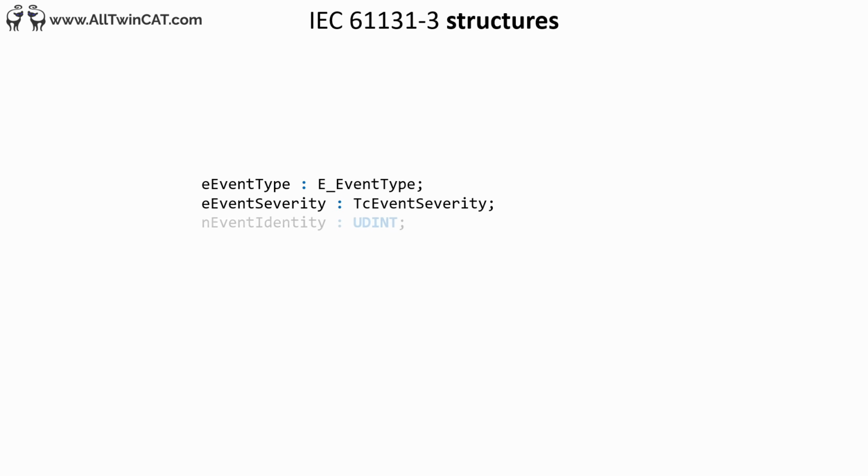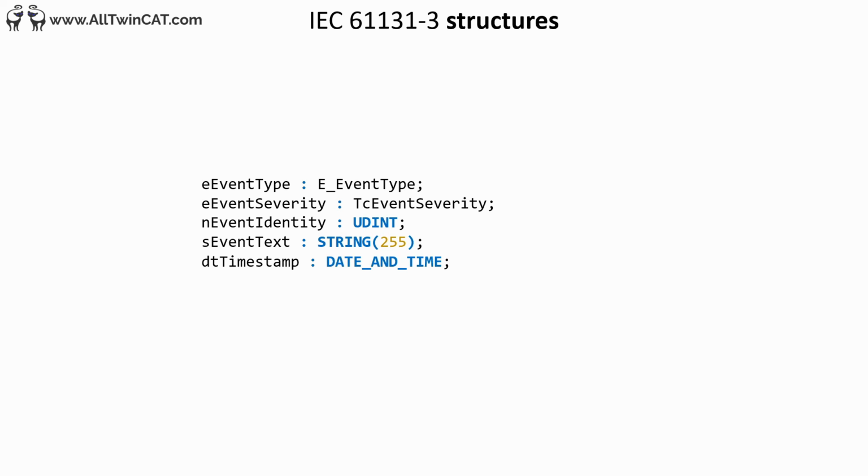Suppose you wanted to implement an alarm and event system in your PLC software, so that you can trigger warnings, errors, information, or status messages. To keep track of these alarms and messages, you would need to have a data definition of such a message. One single event could, for example, have the following data. The event type, so for example alarm or message. Event severity, so in the case of an alarm, examples could be verbose, info, warning, error, or critical. Event identity, for example 3211. Event text, for example pressure loss in pneumatic cylinder.